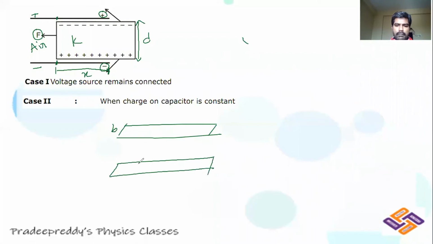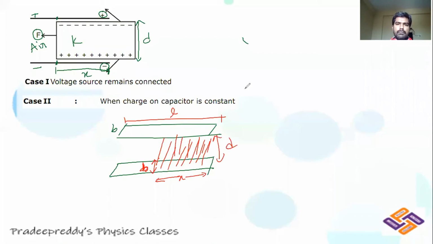and in between you have a dielectric slab which is being partially filled from here to here, right? This is the breadth, and this total is the length. From the total length, only x portion is being filled with the dielectric medium, and this is breadth b, I'm sorry. And the separation between these two plates, let it be d as it is. Now this is three-dimensional, you should imagine that x portion of the dielectric slab is inside the plates and the remaining portion is empty.